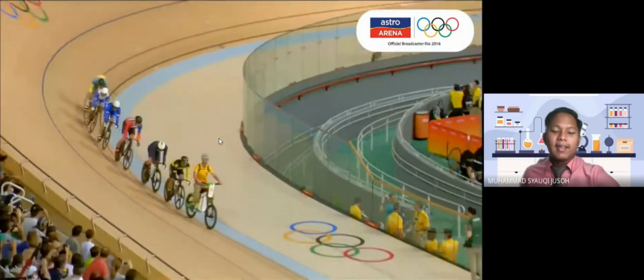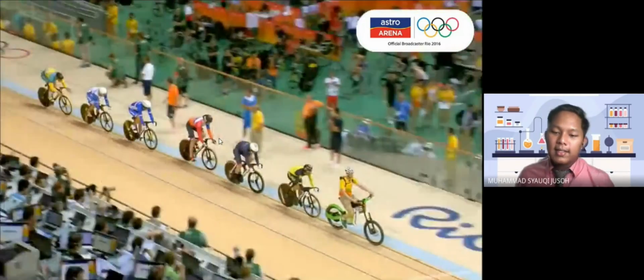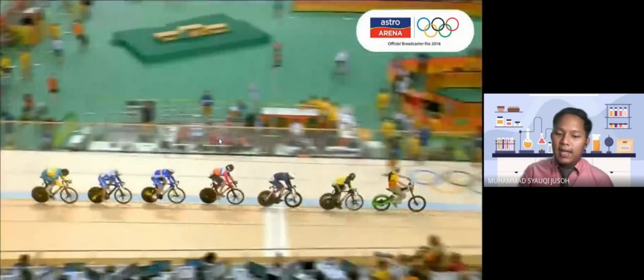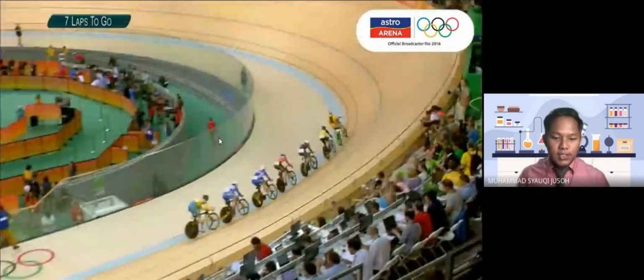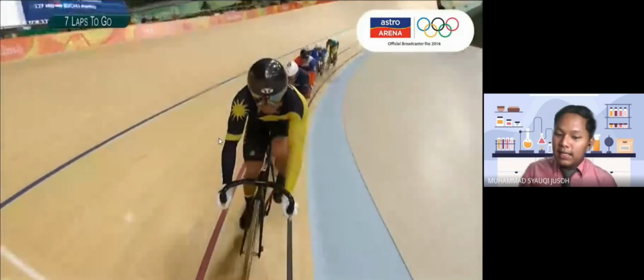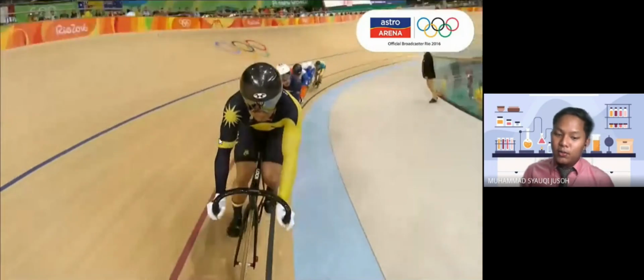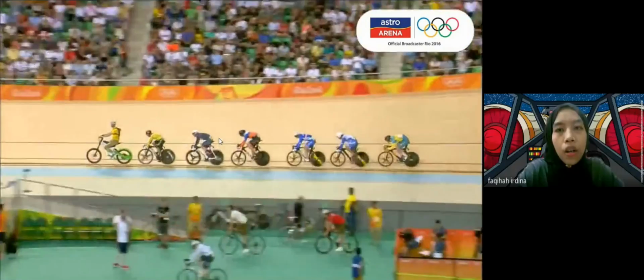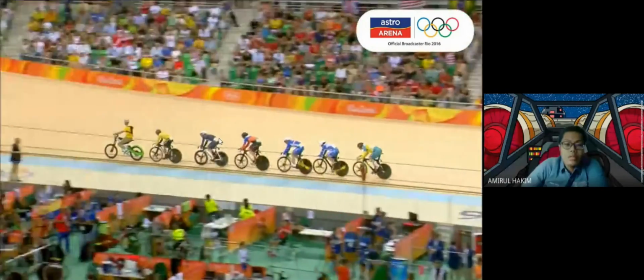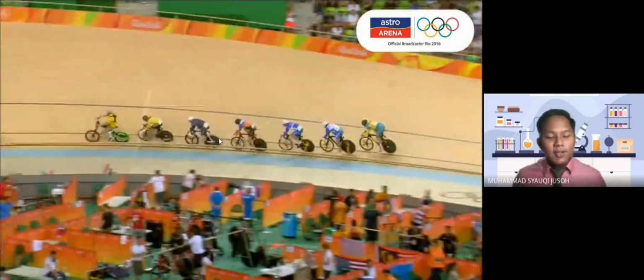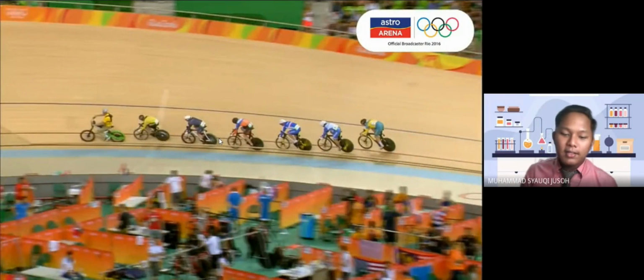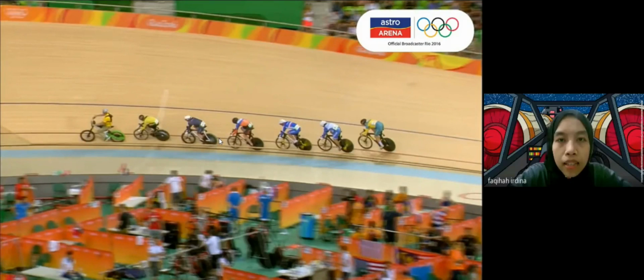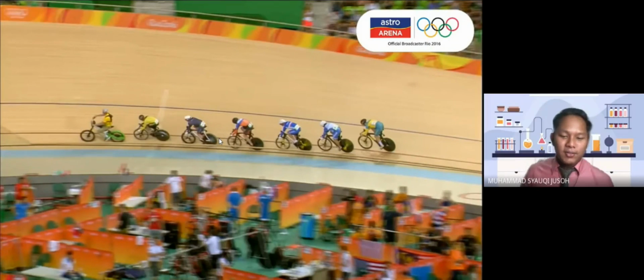Okay, correct. But what I want to highlight is they are doing a movement, and that movement is called linear motion. What are their speed, average speed, and acceleration? Do you know how to calculate it? No, sir. Alright, it's okay if you don't know because we will learn about it today on our new topic, which is chapter 11, force and motion. Are you guys excited? Yes, sir. Okay, good to hear that.